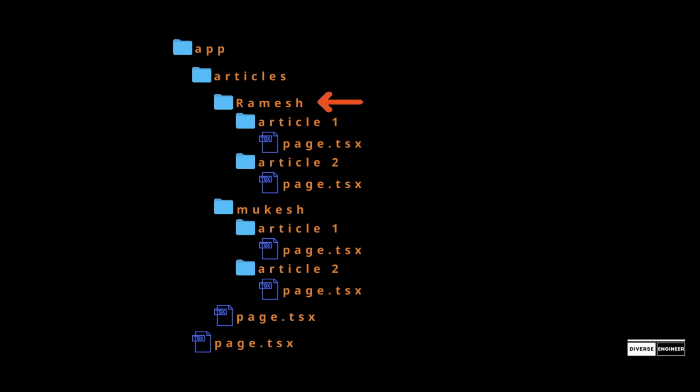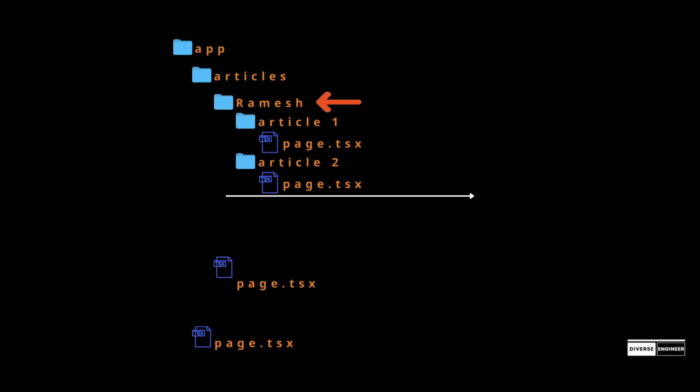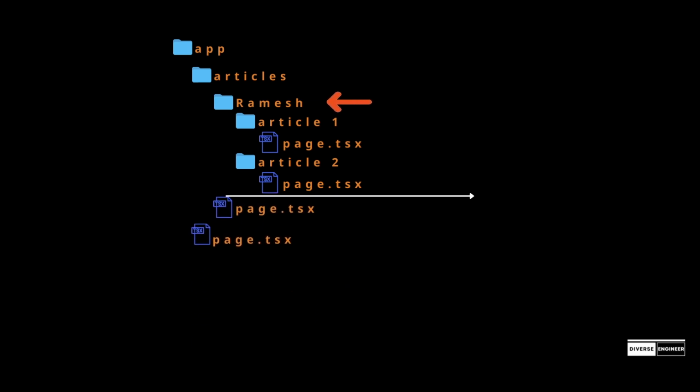If you look at the folder structure, it is basically a nested route where you have articles inside app and then you have the name of the persons who have written those articles and then you have the article IDs written by those persons. So let's try to make this a dynamic route. To make this a dynamic route, let's change the name of the persons who have written the articles to a dynamic slug. Let's remove the subsequent folder Mukesh and change the name of the Ramesh to a dynamic slug